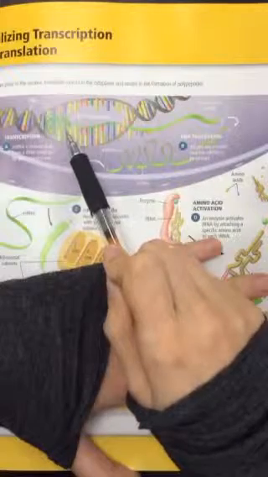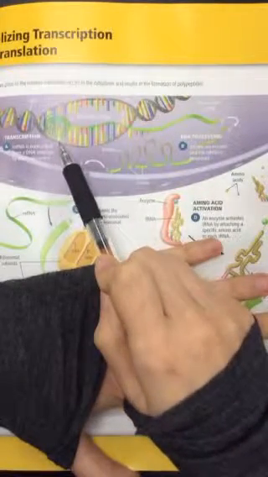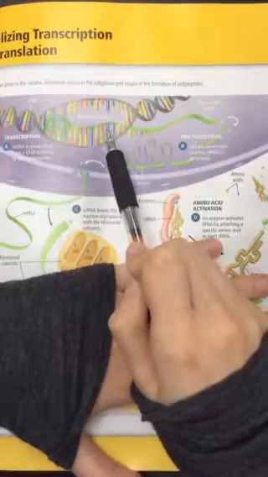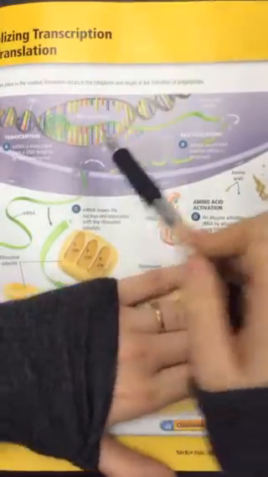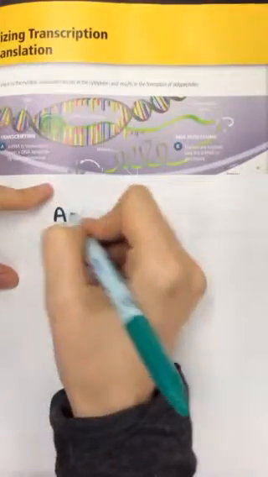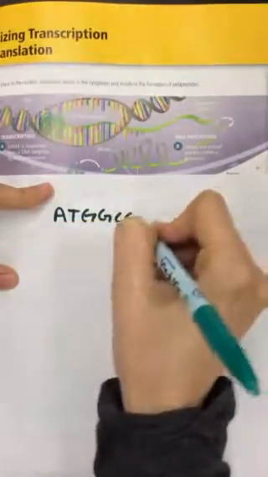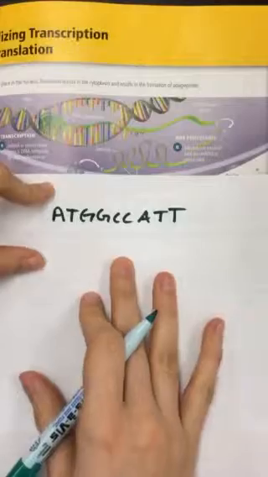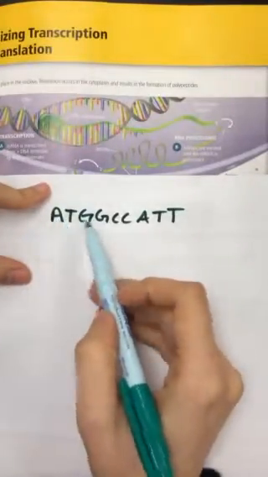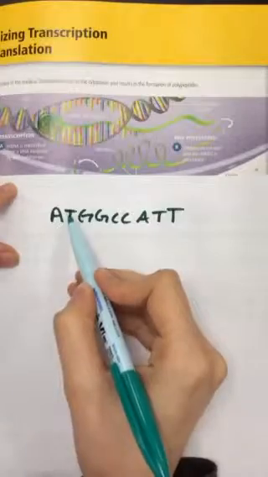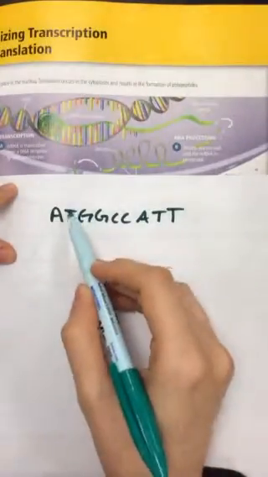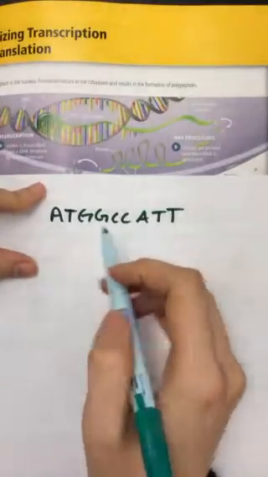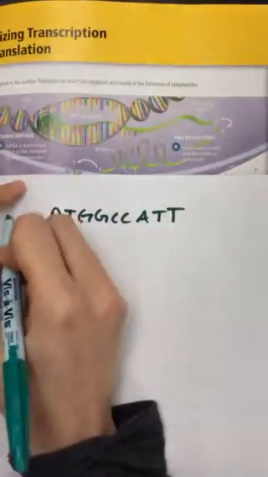Now, what happens during transcription is that the DNA sequence is used to make an RNA sequence. But keep in mind there are a couple of differences between DNA and RNA. So if you have a DNA sequence of A, T, G, G, C, C, A, T, T, and I just made that up, so don't go trying to find that anywhere. But if you had this DNA sequence, you know for a fact that it must be DNA because there are T's, and thymine is only found in DNA,